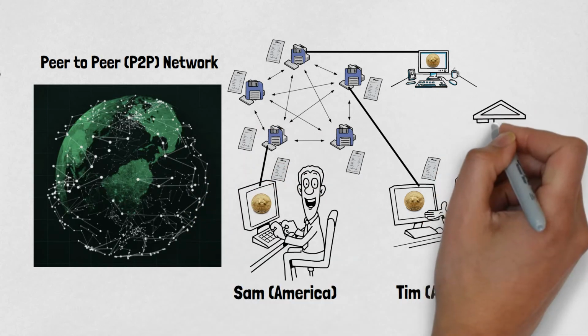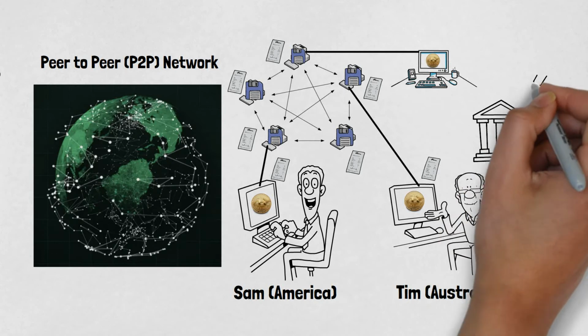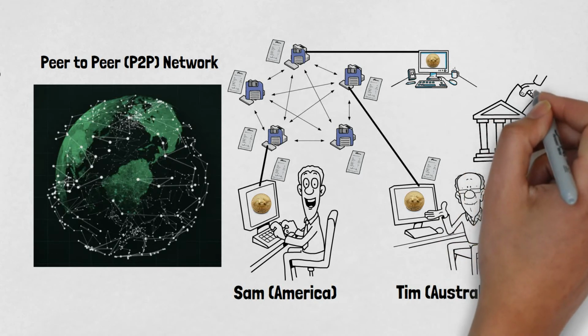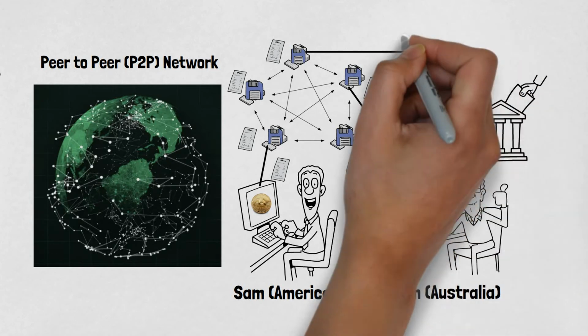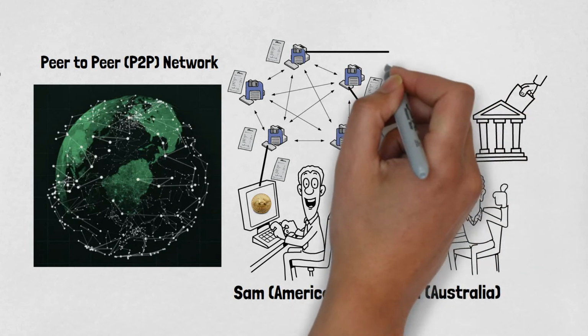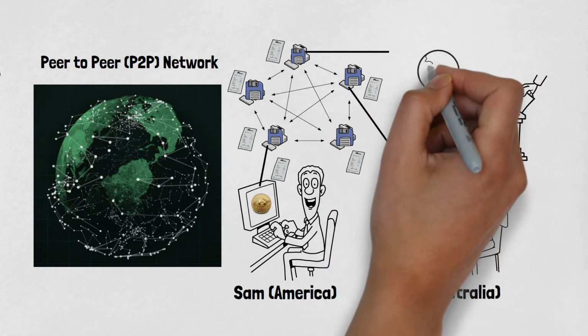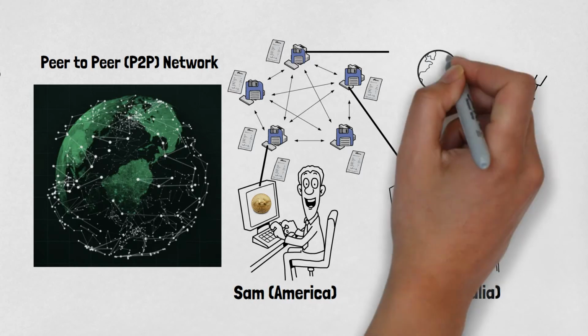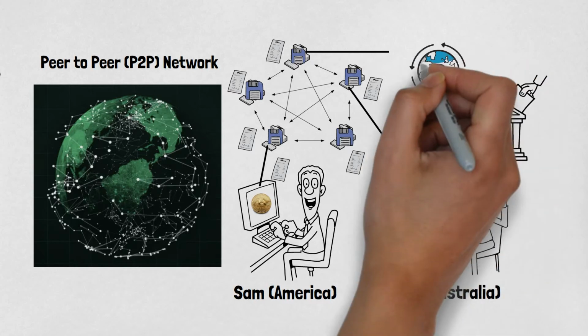This is unlike a bank where transactions are stored privately and are managed only by the bank. Because of this peer-to-peer decentralized system, even if one node goes down, the other nodes are still present throughout the world and hence nobody can take down the blockchain.